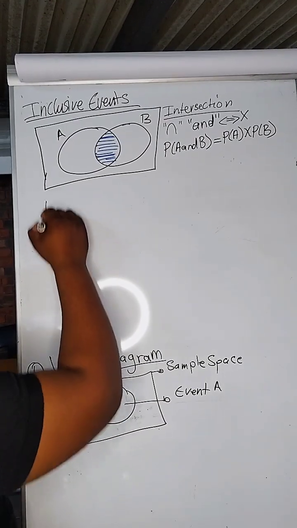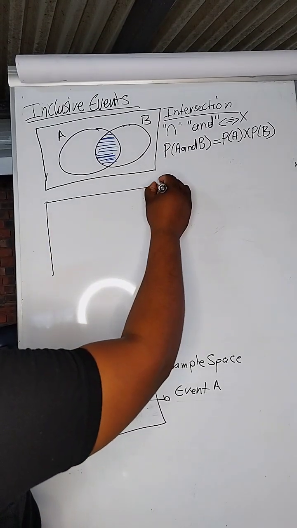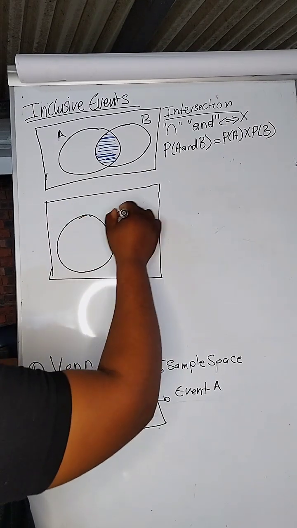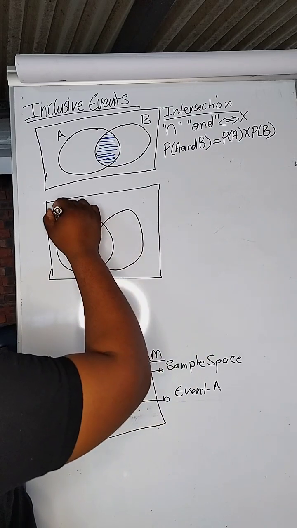Now that is intersection. Number 2, we have something like this one. We have event A overlaps event B. This is